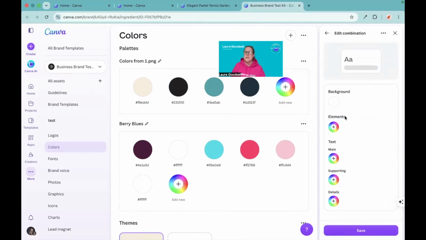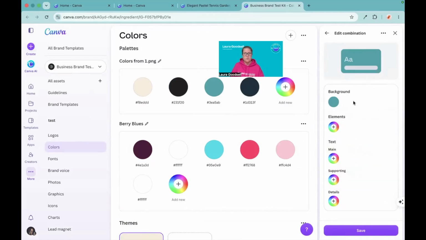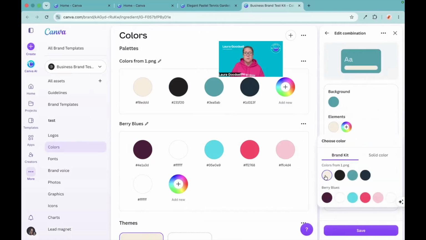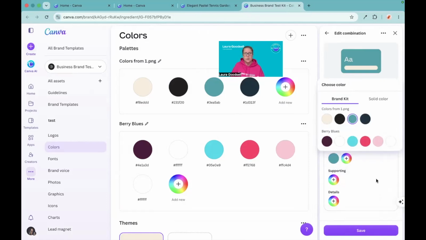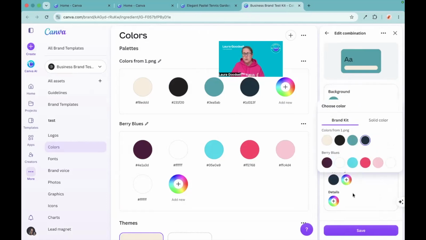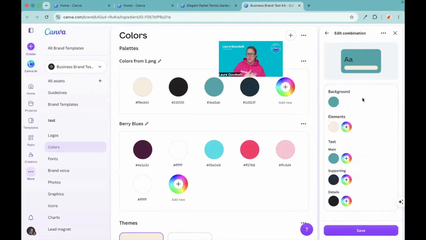So let's say that some of my designs, I want to have a teal background, and I want my elements to be the cream color, and I want my text to be teal. Supporting will go dark and details will go dark as well. So I don't always want to have that cream background. You'll see why I've done this in a minute. If I click save,